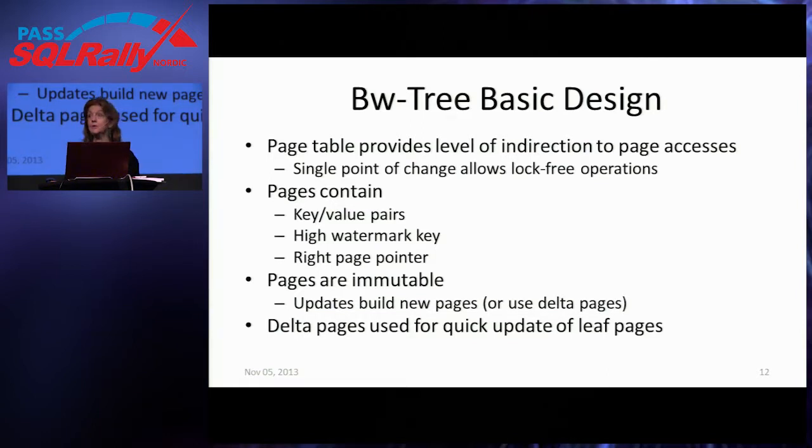Just like the data rows themselves are never updated, every time you update your data, you get new data rows for those values. The same is true for the pages in the BW tree indexes. That's the biggest difference between the BW trees and the normal B-trees: you never update the pages. Every time a page needs to be changed, a whole new page is created.